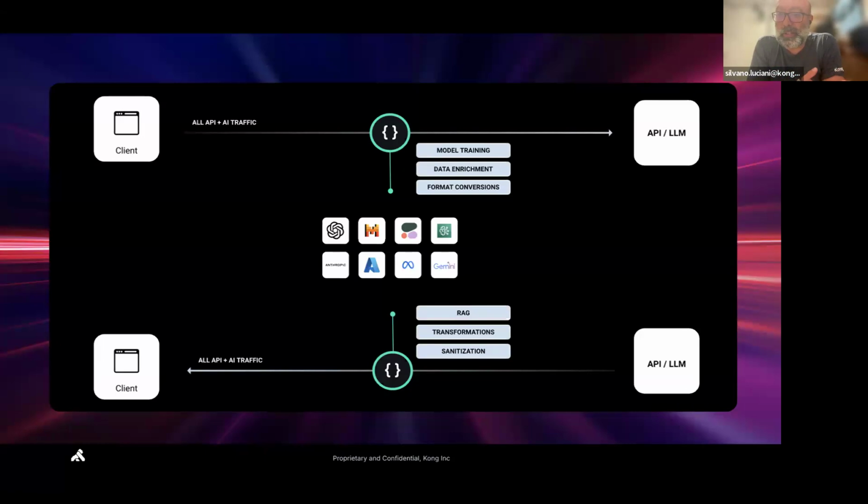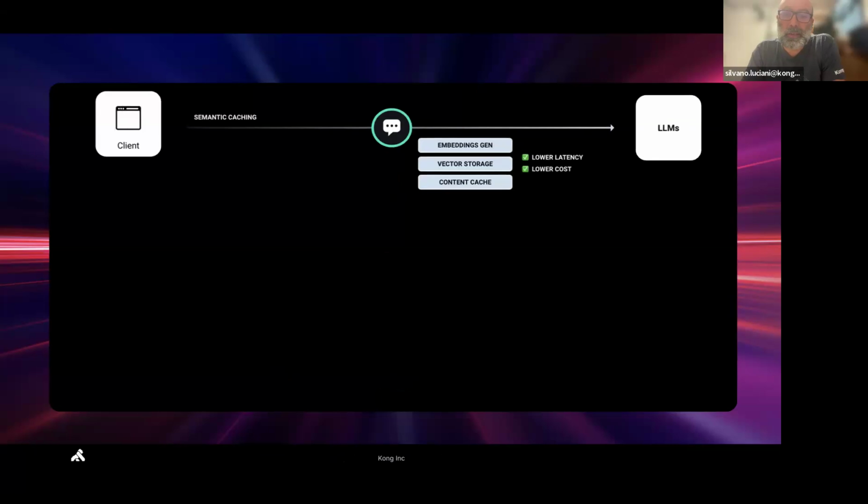But even conversions, data enrichment, transformation, and sanitization can all go through the LLM itself and become better than just a developer writing in a procedural way what should be changed and how, right? According to some definition of what's better and what should be replaced with what.